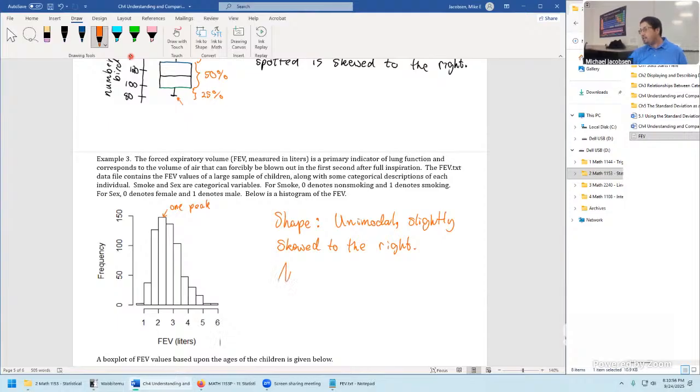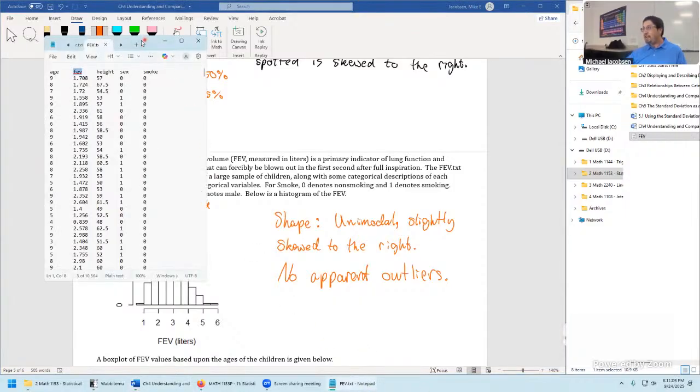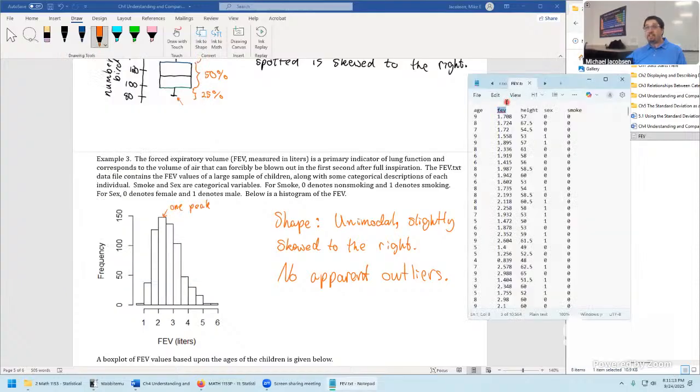We'd probably say no apparent outliers. And that's a pretty strong statement, right? Because we have collapsed a really interesting study into nothing about the FEV. And this is the next thing that's pretty strange about outliers. Outliers visually checking just depend on how you see the data. And there's more than one way to look at this FEV data.